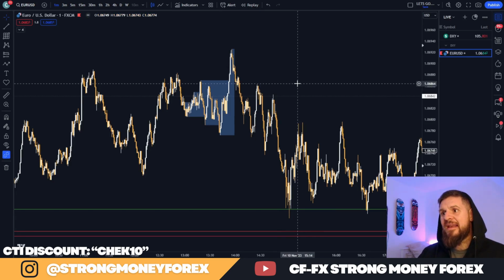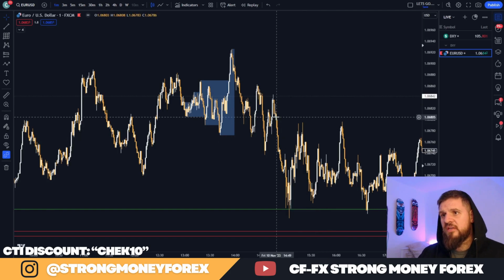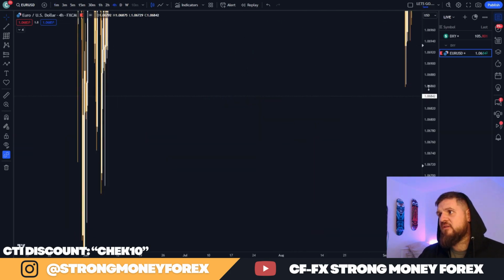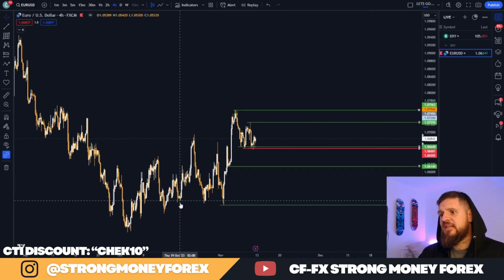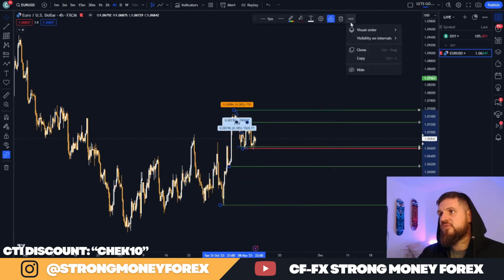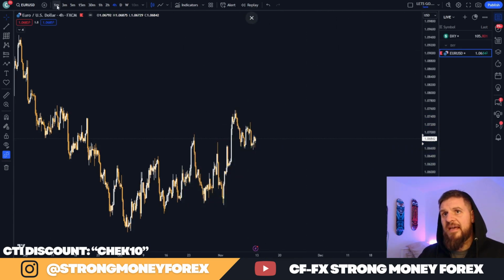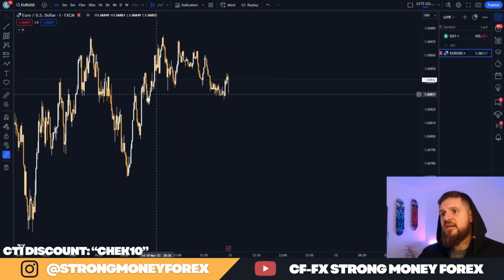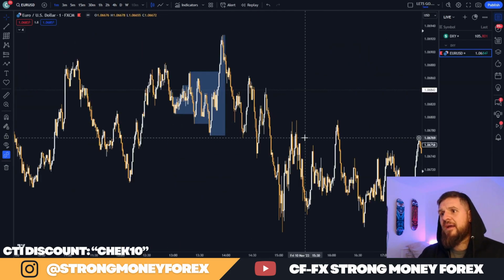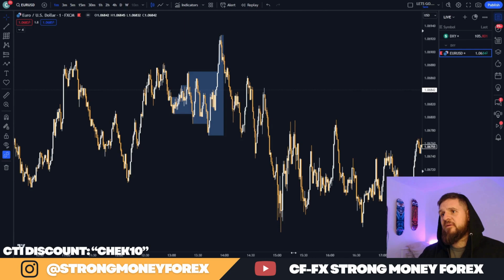Now, before I do anything else, I'm just going to highlight everything on my chart, just in case I need these lines for another time. I'm going to lock them, hide them, and go down to the lower time frame. And the first thing I'm going to do is show you how commonly this trap gets blown. So,